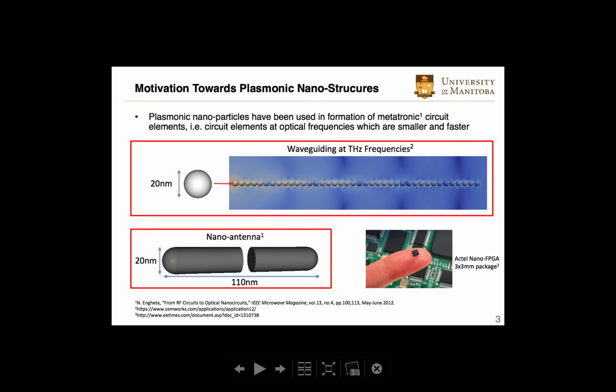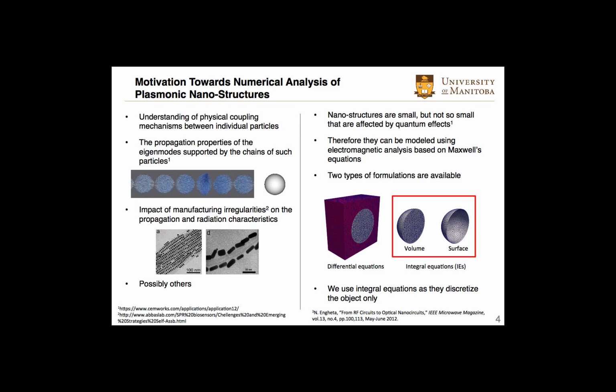Motivation towards plasmonic nanostructures is that as the demand for smaller and faster electric circuits is there, researchers have been trying to use nanoparticles with very small dimensions to create different circuit elements. For example, here a waveguide has been created by putting nanoparticles, and also nano antennas have been proposed. So eventually we will have very small circuits which are very fast. So now that the research community is trying to create electric circuit at optical frequencies,